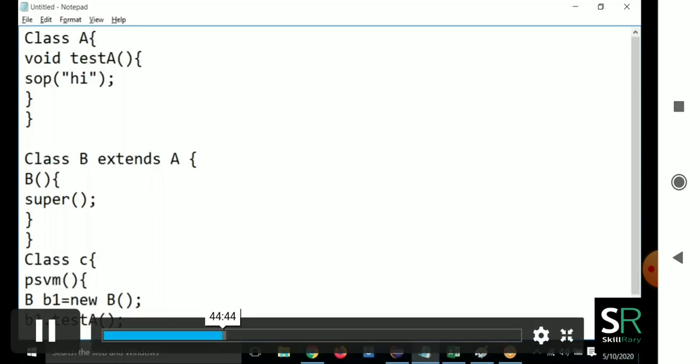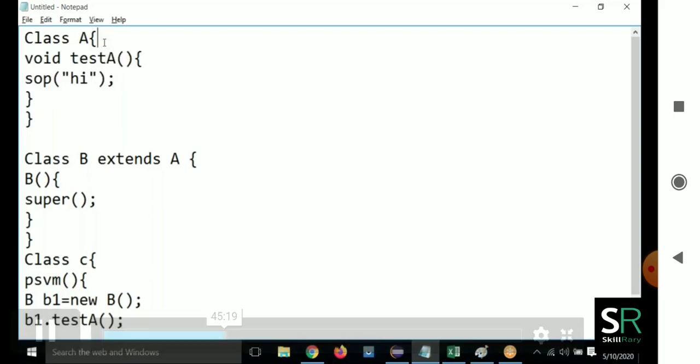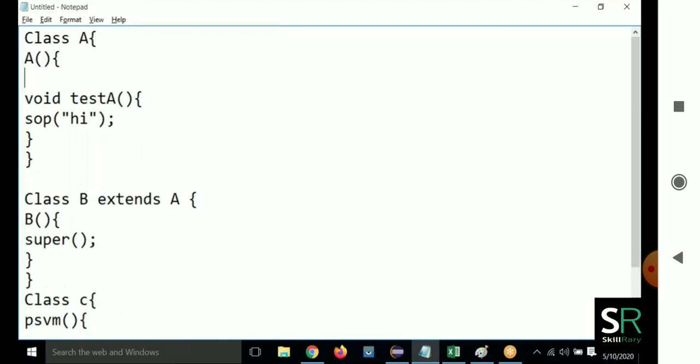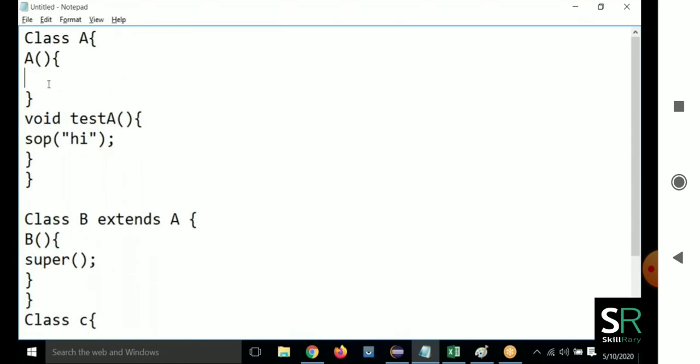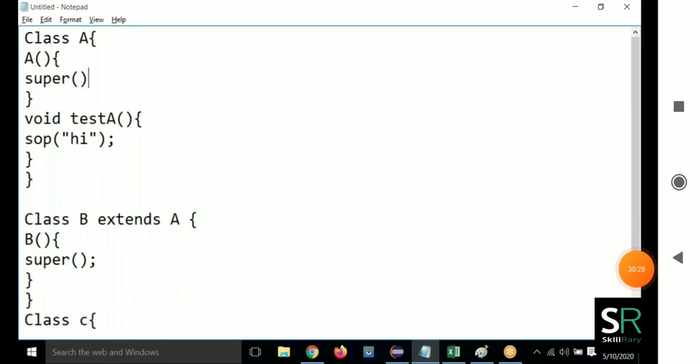Whether you put it or not, there is a default constructor in class A. Here also, the same thing: A() is going to create one constructor like this. There is no extends keyword here, so is it going to put a super statement here also?